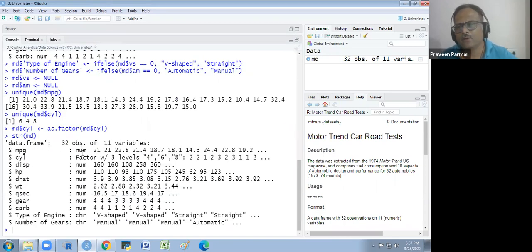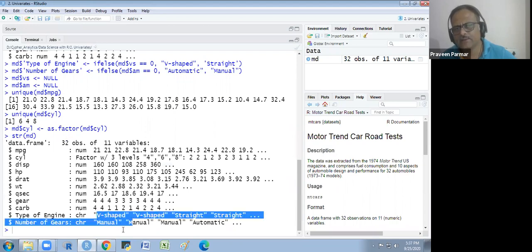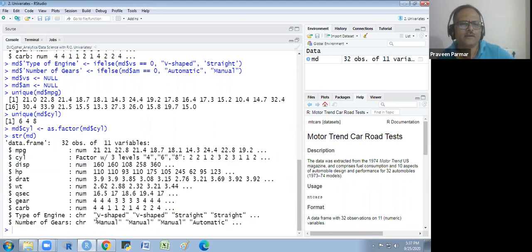Previously all columns were numeric. Now the last two columns, type of engine and number of gears, are character, because we have taken them in this way, categorical. And cylinder is a factor with 3 levels, 4, 6 and 8. For 4 it is the first level, second is for 6 and third level is for 8. Does that make sense to everyone?